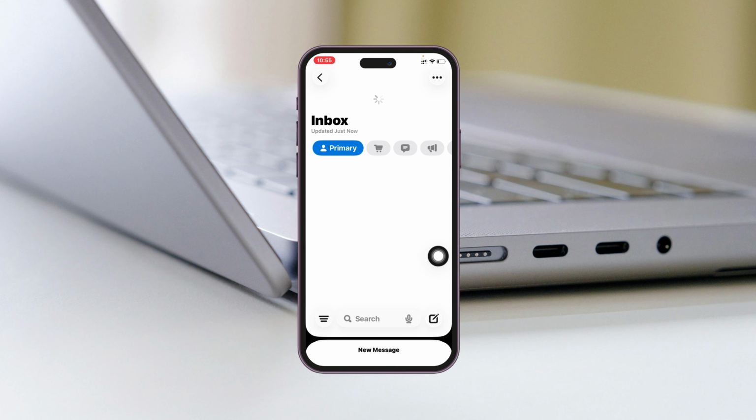In this video, I'll show you how to fix the email not working on iPhone. So if you're struggling with the email on your iPhone, then here's the real guide of how you can actually